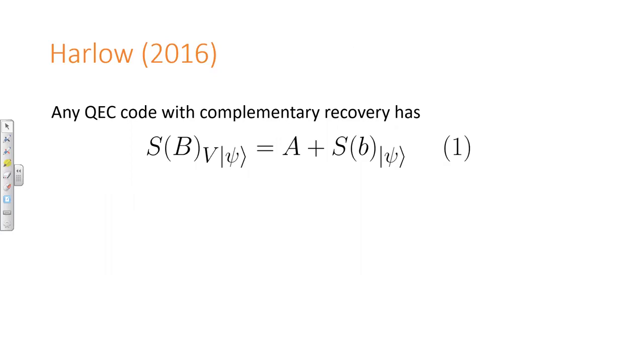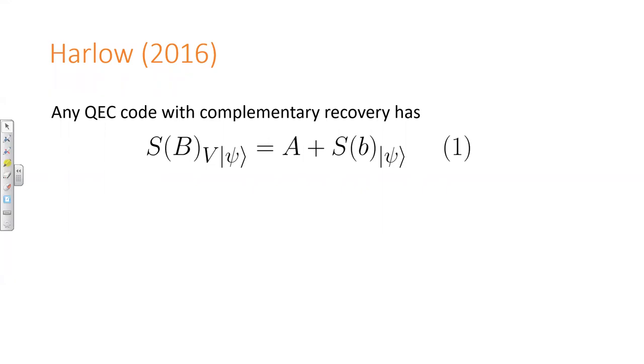Psi is like the analog of a bulk state. It's some state in your code space. So let me actually just write down very quickly what a quantum error correcting code looks like. So in a quantum error correcting code,